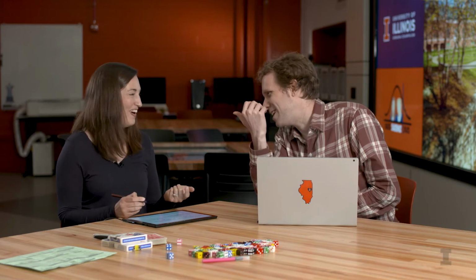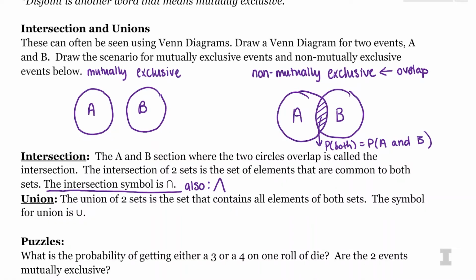And then what about for the union? The union, that's the OR, which I gave you in the beginning. Oh, you gave me that already, which is that you said that was a V, right? That's a V. It's basically the caret turned upside down. So sorry for confusing you there. No worries. It says the union of two sets is the set that contains all elements of both sets. So the symbol for union that I use is U, and then the symbol that Wade uses is V. But they mean the exact same thing.